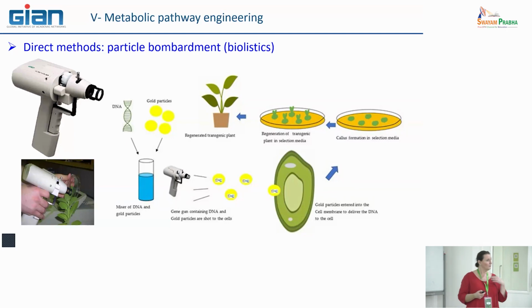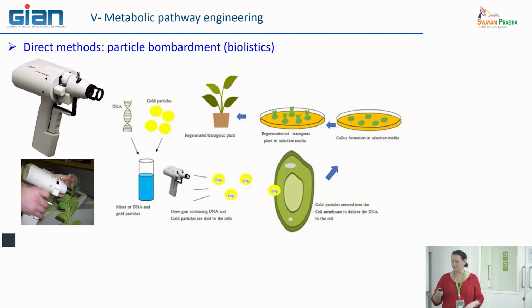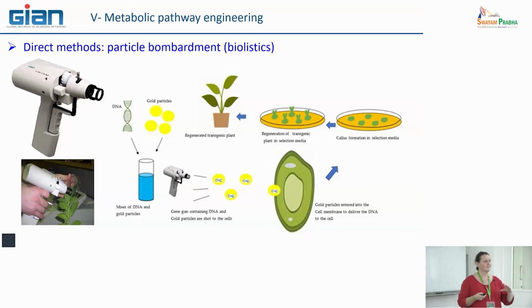For example, all the metabolic pathway of Catharanthus roseus leading to vincristine and vinblastine have been studied this way. All the enzymes have been expressed in Catharanthus cells, because we have some cell culture of Catharanthus in the lab. And for each enzyme, we know exactly where they operate in the cells. So this way, we have rebuilt the pathway completely.